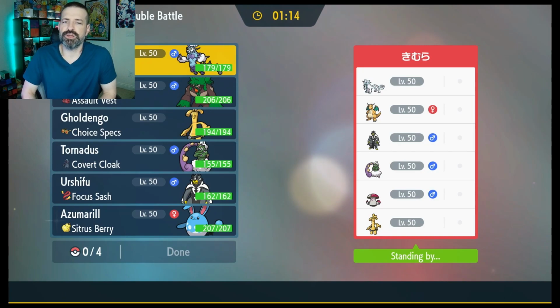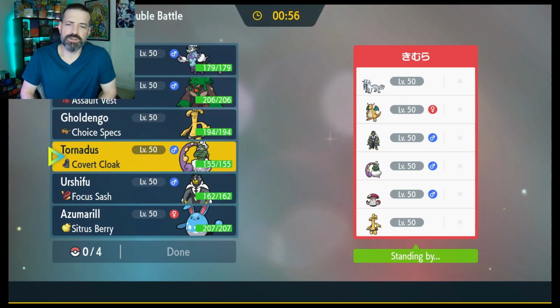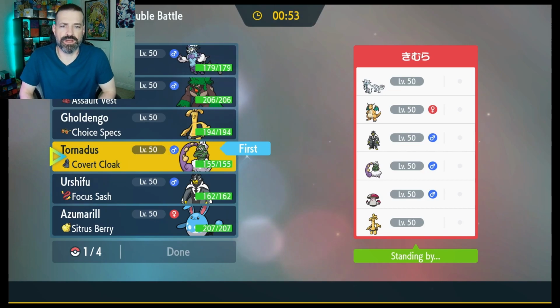Alright, now this lead could go one of two ways. Now, they're either probably going to start with either Pow and D-Knight, or they're going to go with Tornadus and Urshifu. So let's start our Tornadus as well as...